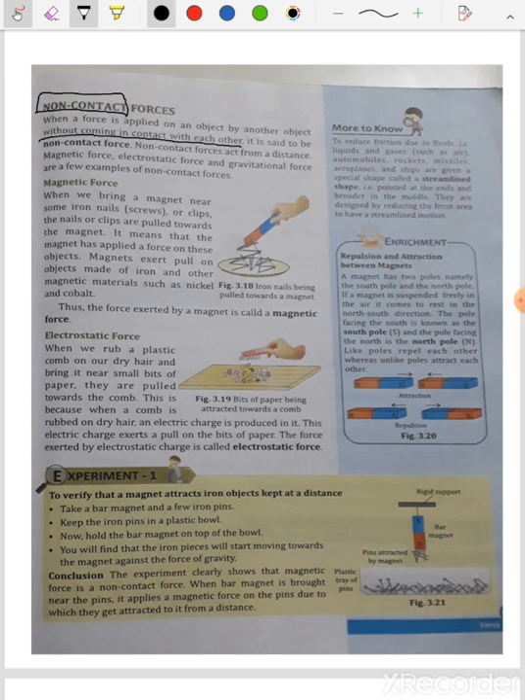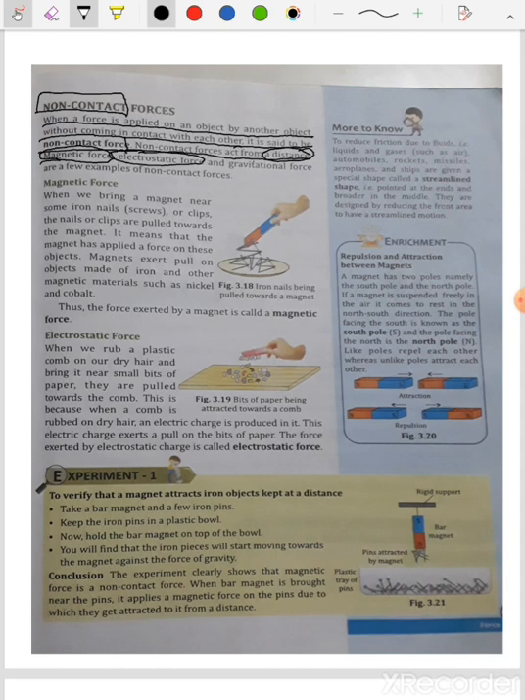other. So non-contact forces: when a force is applied on an object by another object without coming in contact with each other, it is said to be a non-contact force. Non-contact forces act from a distance, meaning a force that acts from far away without touching each other. What is it called? Non-contact forces. Non-contact forces are of three types. What are they? Magnetic force, electrostatic